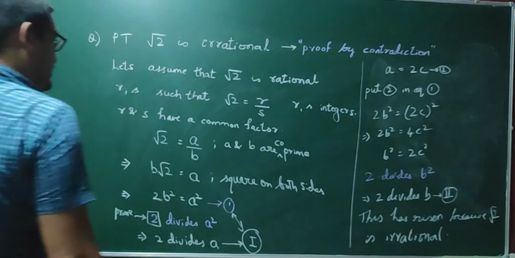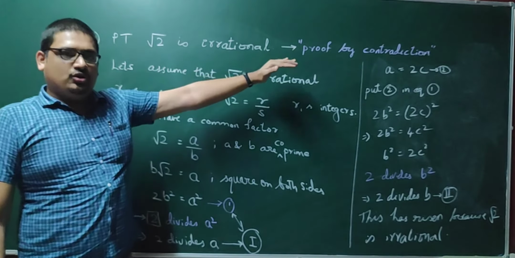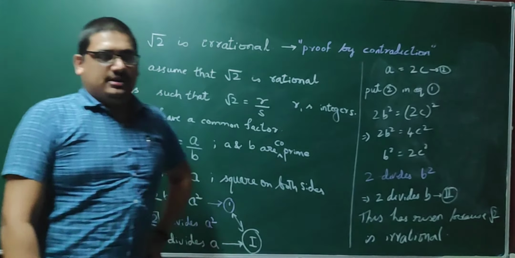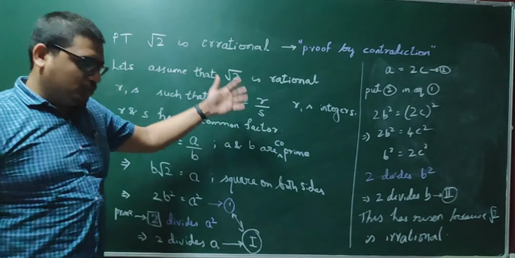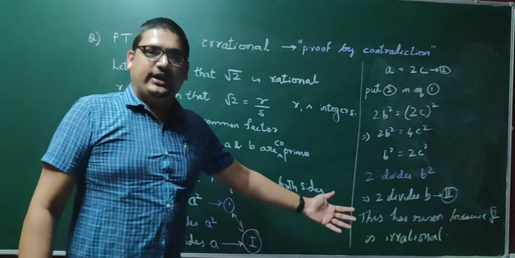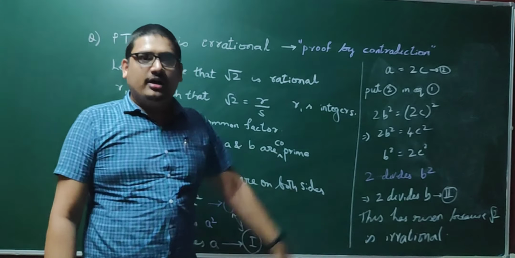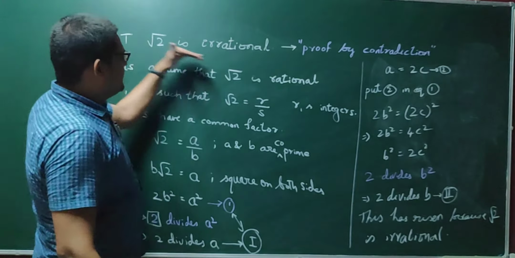Extremely important. So the question given is prove that root 2 is irrational. So this way of proving or method we are using is known as proof by contradiction. Proof by contradiction means in the beginning we assume a statement, but through the procedure of proving, we say that at the end, the initial assumption is wrong or it contradicts. So what did we do? We say that root 2 is rational.